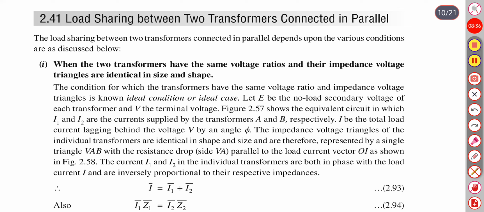Load sharing between two transformers connected in parallel. When two transformers have the same voltage ratio and their impedance voltage triangles are identical in size and shape, the condition is known as the ideal condition or ideal case. Let E be the no load secondary voltage of each transformer and V be the terminal voltage